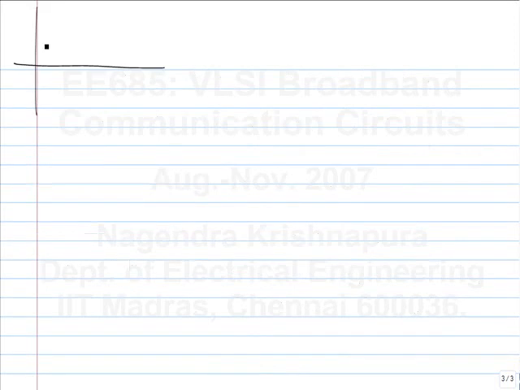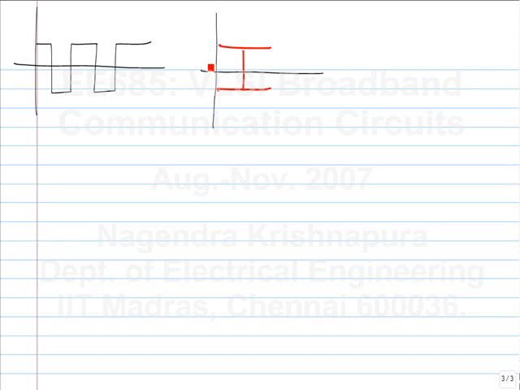If I had an ideal rectangular data, my eye diagram would look like 2 boxes, because basically this is all possible 2-bit transitions. I am drawing an eye diagram that is 2 bits wide, but it can be any number of bits wide. So, in this case, you can have 0 0, 0 1, 1 0, and 1 1. That's all that is there. In this case, there is no ISI at all, so you don't have to look at longer bit patterns. This is what it looks like.